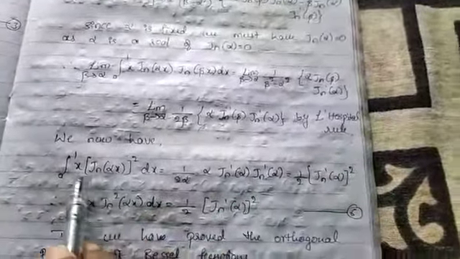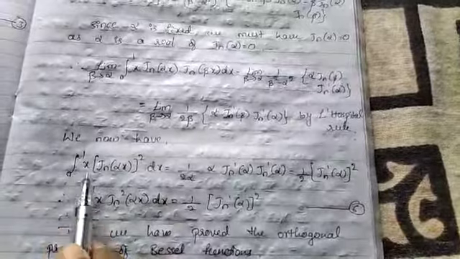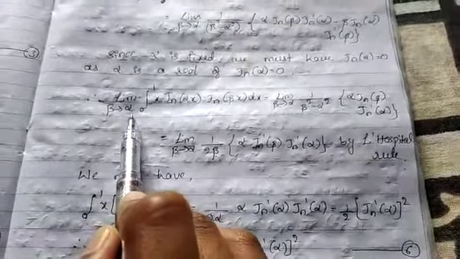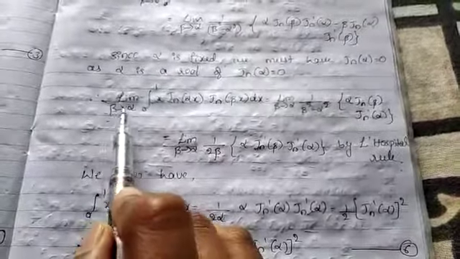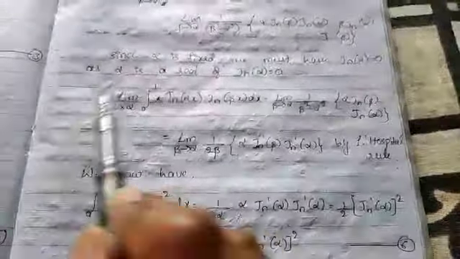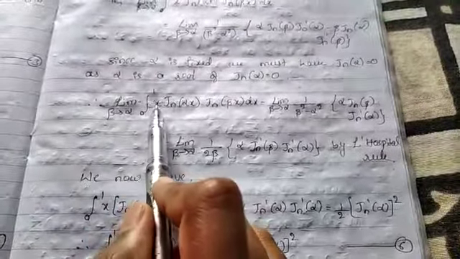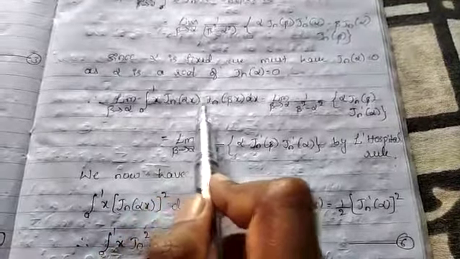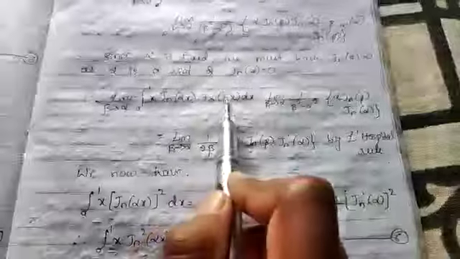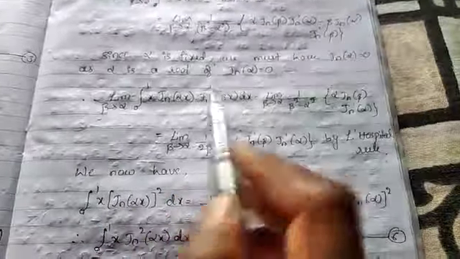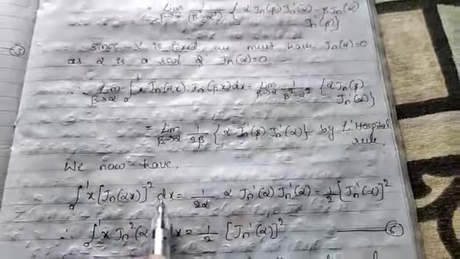Next, we have the integration from 0 to 1 of x Jn. If we apply limits, beta tends to alpha means in place of beta we have to substitute alpha. That is, the integration from 0 to 1 of x (Jn of alpha x) whole square dx